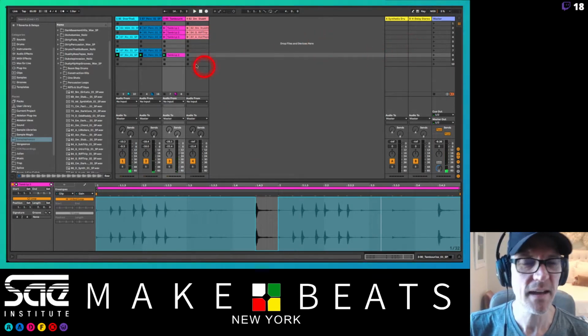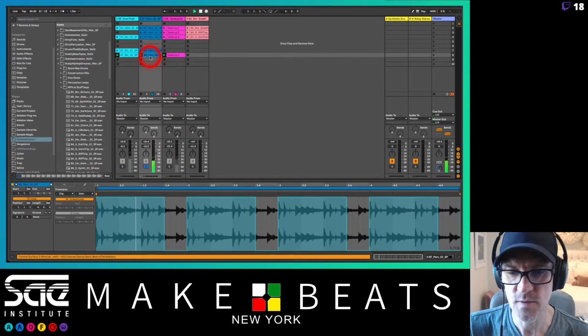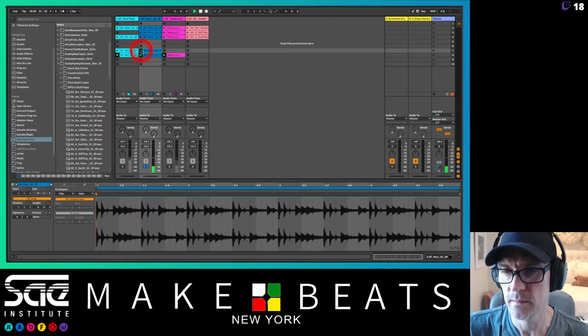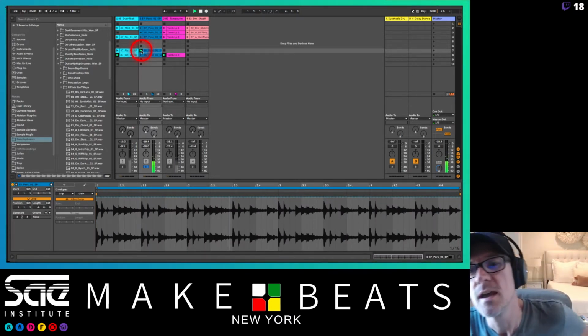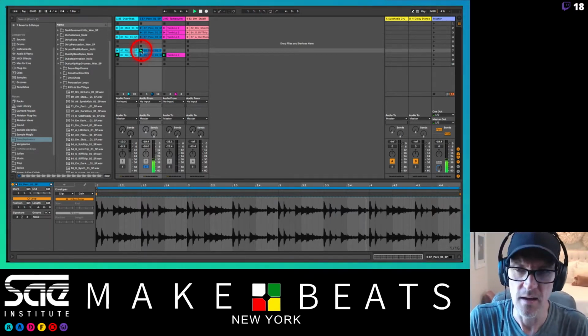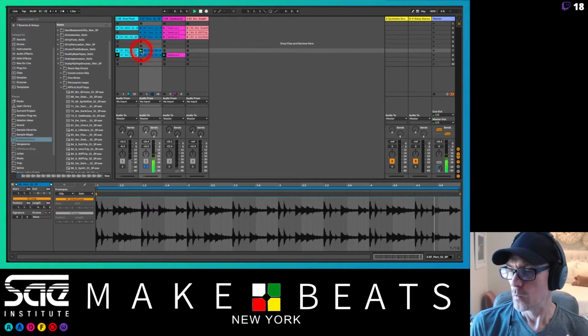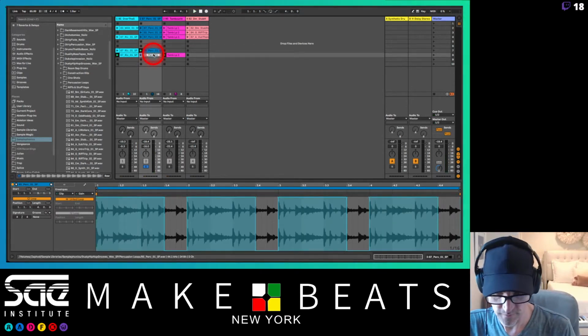Now, if I go back and I play this one right here, let's solo this one out here again. We can hear this one's cut off at the end. If I play this one, it doesn't have that cut in it because the automation is saved with the clip itself. Each automation is saved with the clip itself. So we have to make sure that we put the automation into it, or we can call this one perk